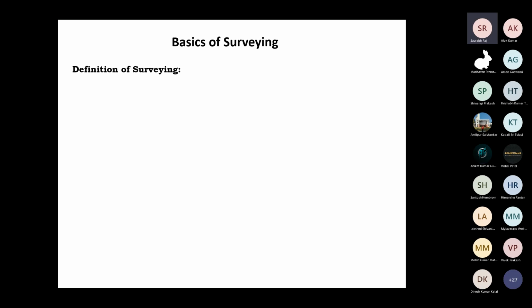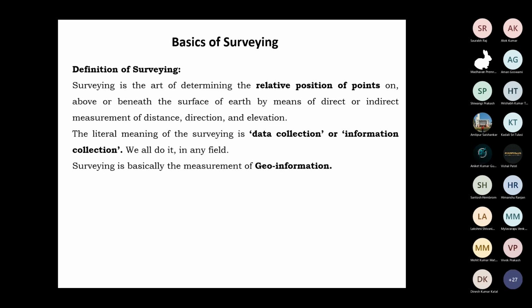Sir, here we will take various data and then we will make a map or a plan of that section of land or below the land. So that happens in surveying. Good, very good. What's your name? Sir, Saurabh Raj. Okay. So I think between both of you, you almost covered it. Good, excellent.